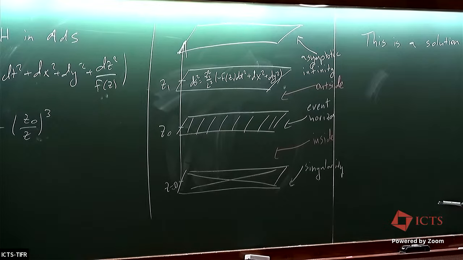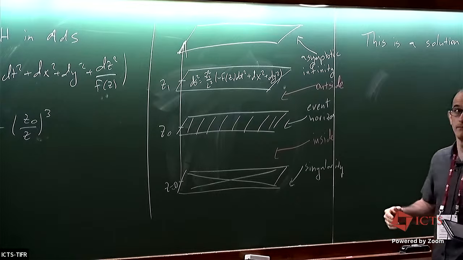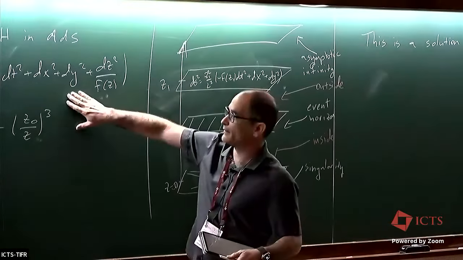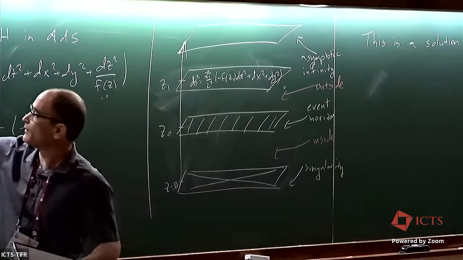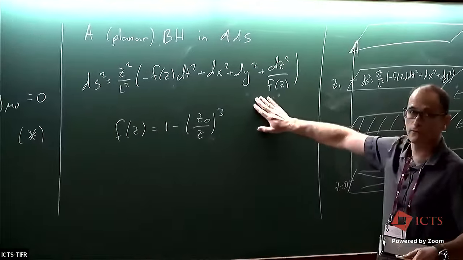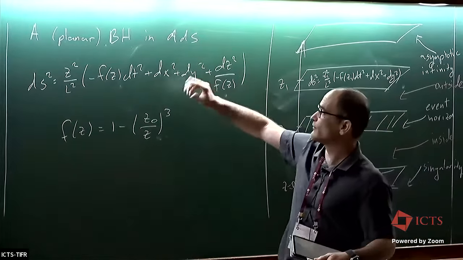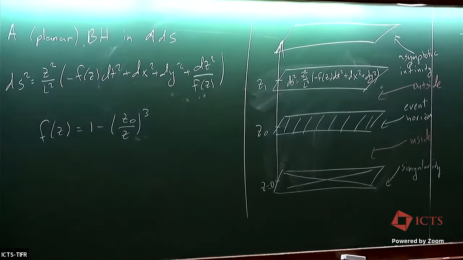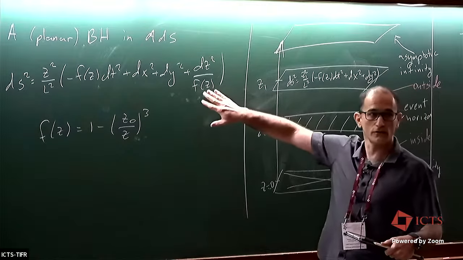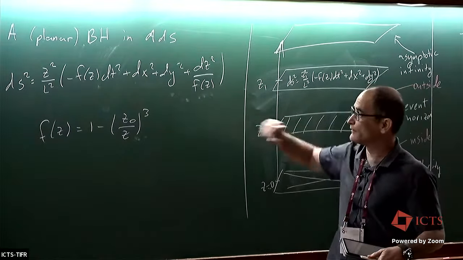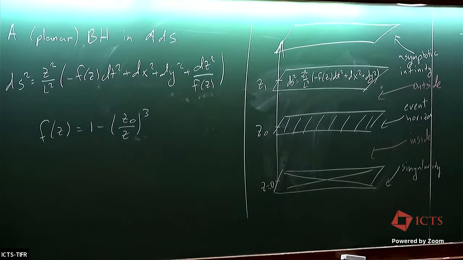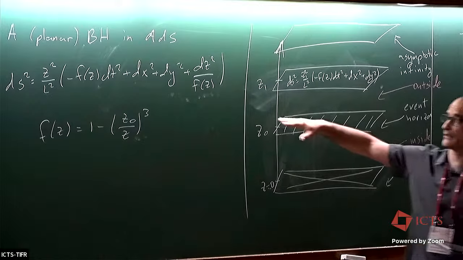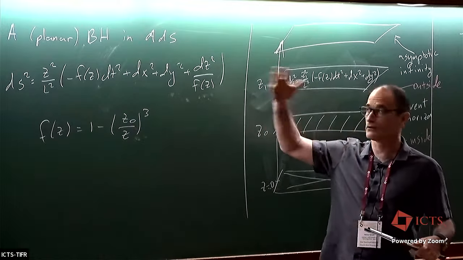Now, one reason we were able to find a solution, since these equations are highly nonlinear, is because it's very symmetric, right? It's rotationally invariant and translation invariant in this direction, and has some other symmetries. So one of the reasons we can write down a solution explicitly is because of the symmetries that we required of the solution. If we now take something and throw it into the black hole, it's not going to look like this. It's going to do something.